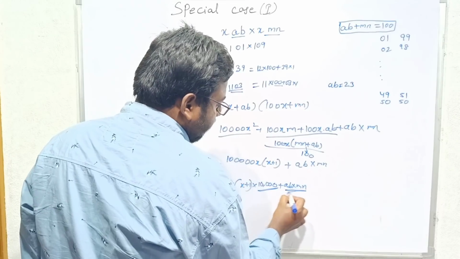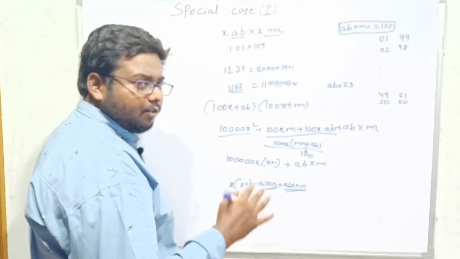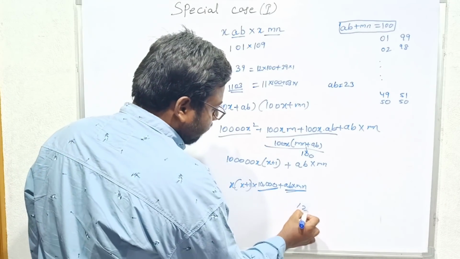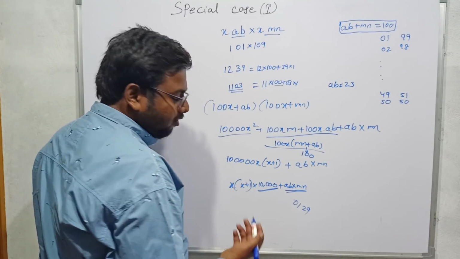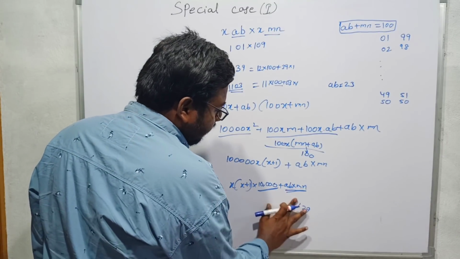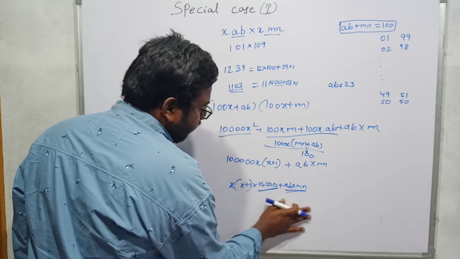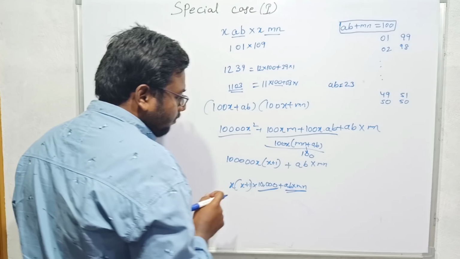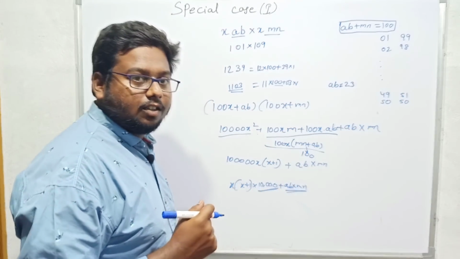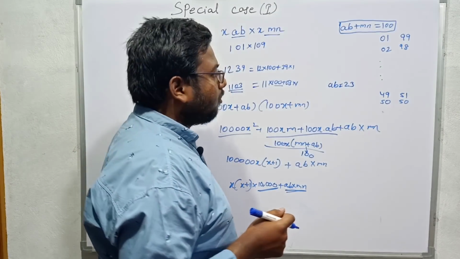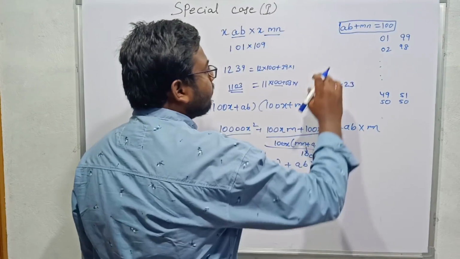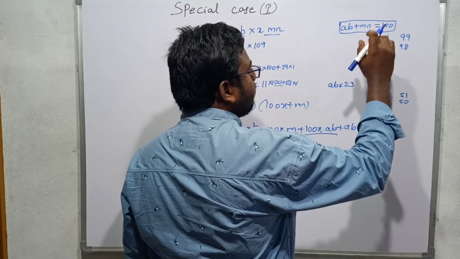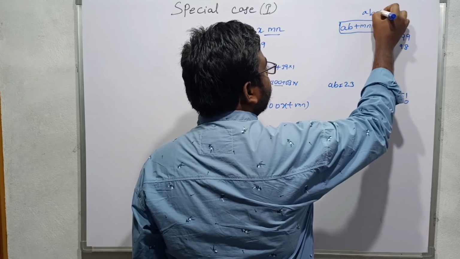So let us see whether AB into MN will be 4 digits or more than 4 digits. If it is less than 4 digits, for example, if it is 129, I can put 0 also and manage like that. Although 121 won't come here in the product of these two, where AB plus MN equals 100. But if it is more than 10,000, then it will be a problem. So let us check the maximum value of AB into MN, and at how many digits it occurs. The maximum value of AB into MN occurs when AB equals MN.